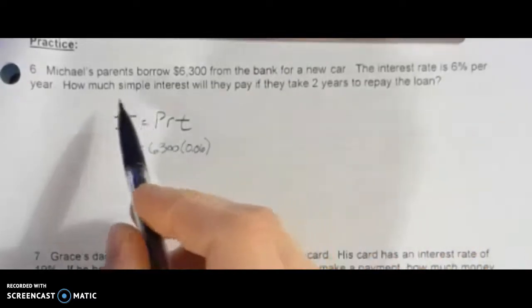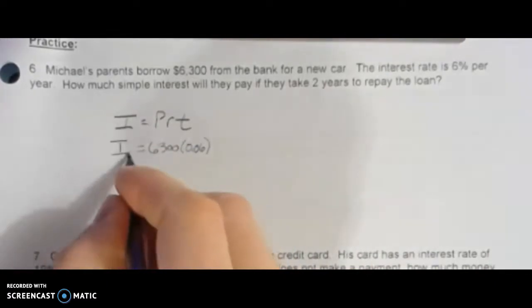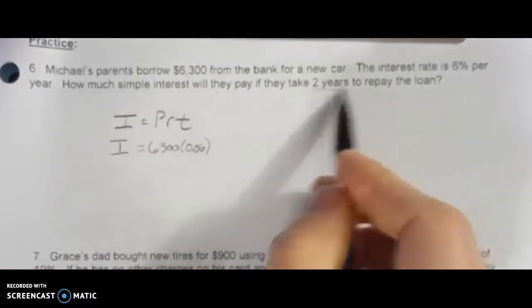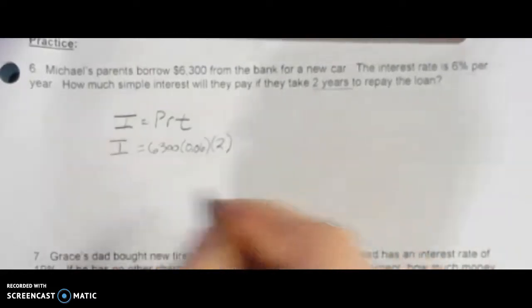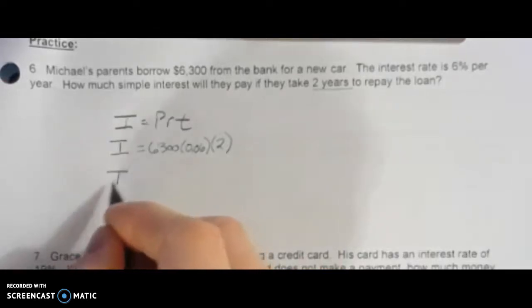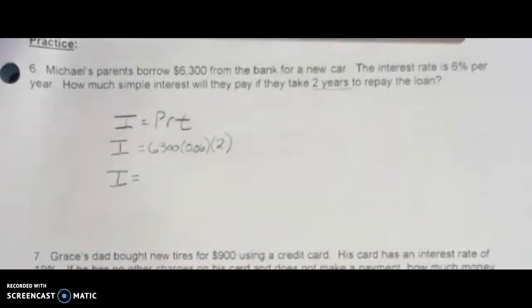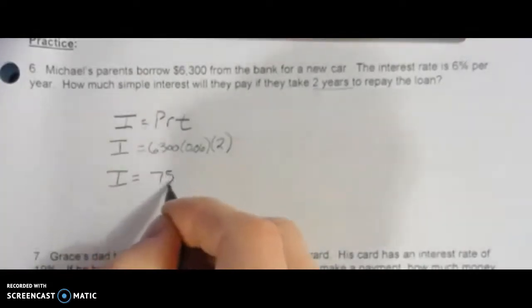And then they want to know how much interest they will pay. So I is what we're looking for. They take 2 years to repay the loan, so our time in years is 2. All I have to do is figure out the amount of interest by multiplying those three values together. When I punch 6,300 times 6/100ths times 2 into my calculator, I end up with an answer of